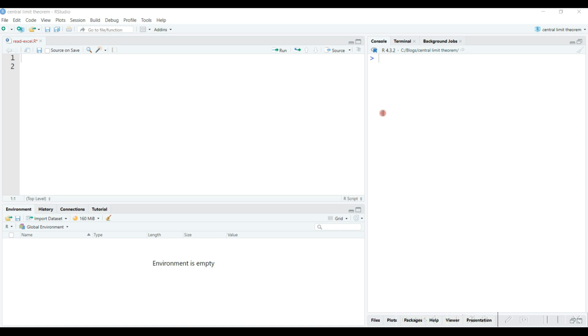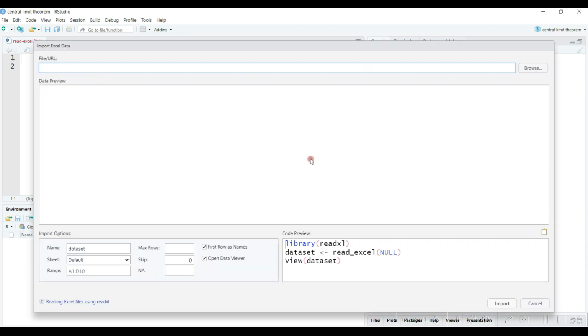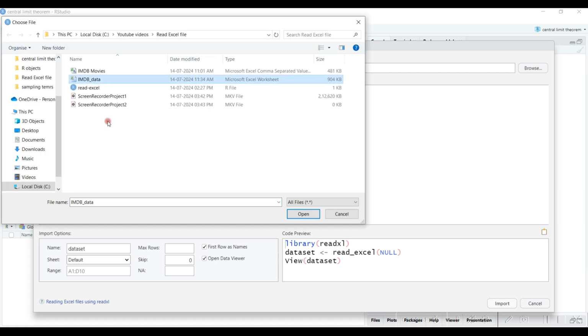In this video, we will import the Excel file. In order to import the Excel file, we will use the RStudio console. So go to the environment pane, import dataset, and select from Excel option. Here you will have to select the folder in which the Excel file is stored. So go to the browse, select the Excel file, click open,